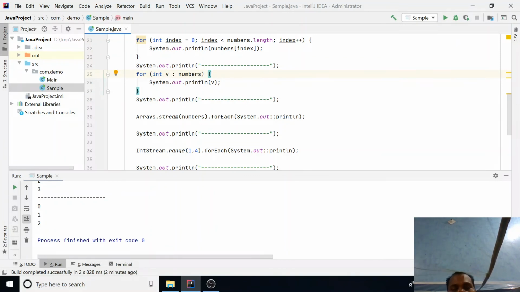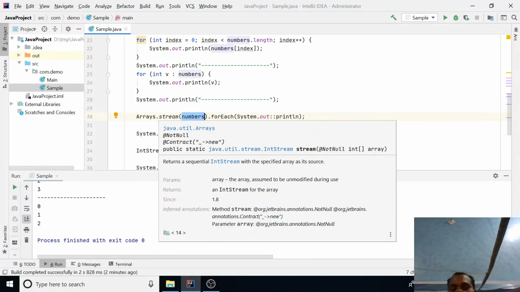Another way is the stream way. We pass your array as a stream, as the Stream class.